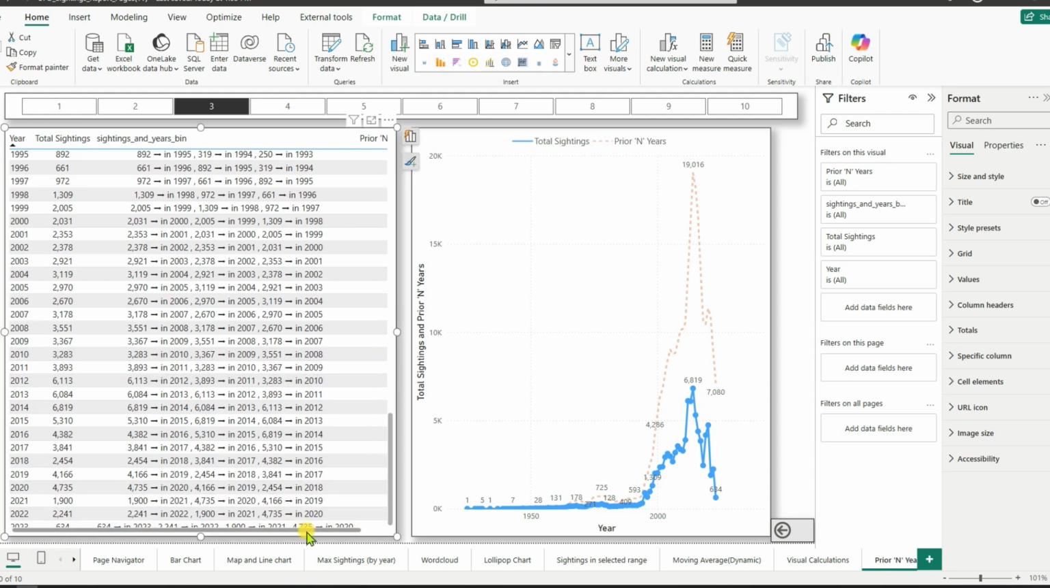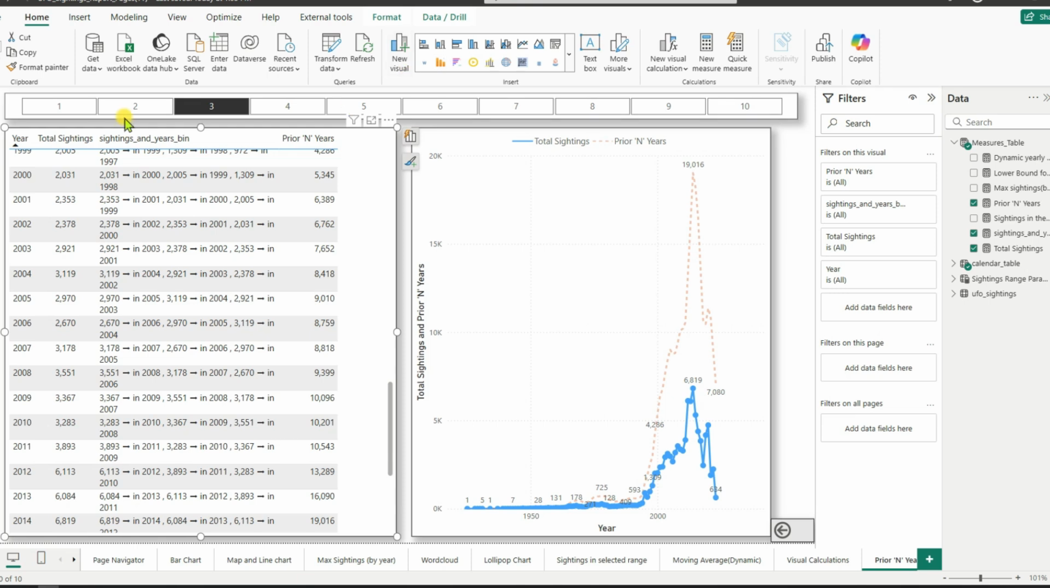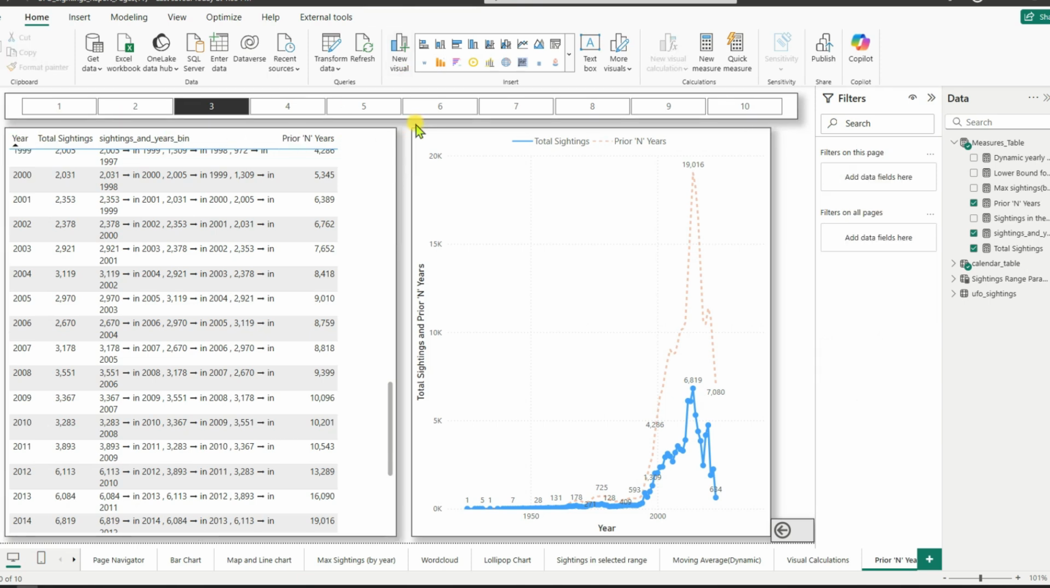The sightings and years bin is kind of a tooltip, so that even though we know the logic behind it, it's always a good idea to show that on the visual itself, so that the user will understand what is going on. They don't have to know the code behind it, but it will help them really understand the logic. So now that we have done this,